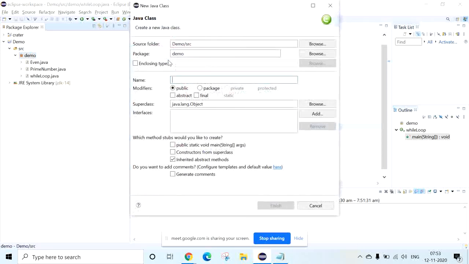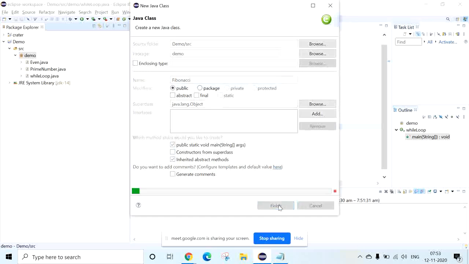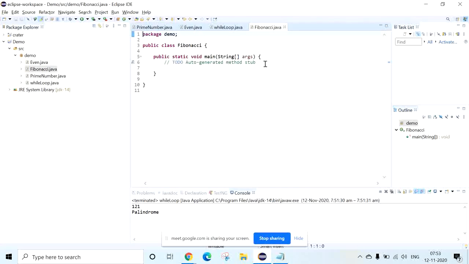What can we do? Fibonacci series. I'll write one program for the Fibonacci series. What I want you to do is find the sum of the Fibonacci series from 1 to 1000.